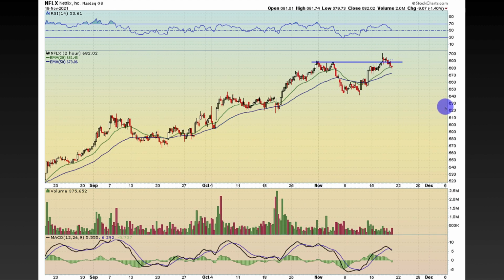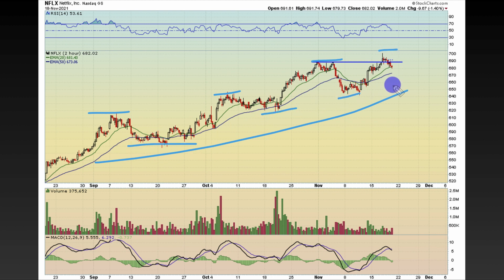And Netflix pulled back slightly, so it's down 1.4%. But in the grand scheme of things, it's still in an uptrend as it stands right now. What's an uptrend? How's that defined? Well, you have higher highs and higher lows. So until that changes, until we get a lower high and lower lows, then that's when we need to proceed